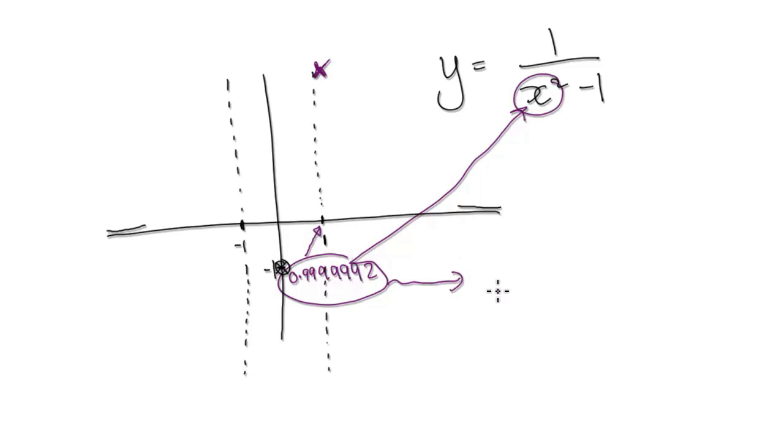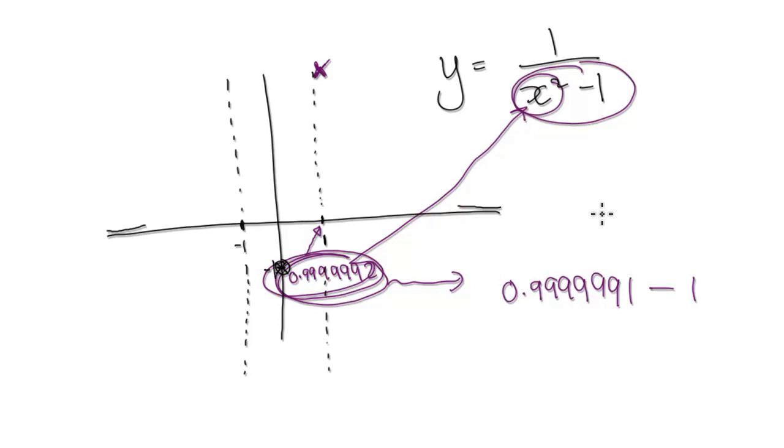And if you don't believe me, get a calculator and do it for yourself. Put in a really, really close number to 1, but just smaller, and then square it. It will give you a number that's very, very close to 1 as well. Let's just imagine something like this. And then when you take away 1,